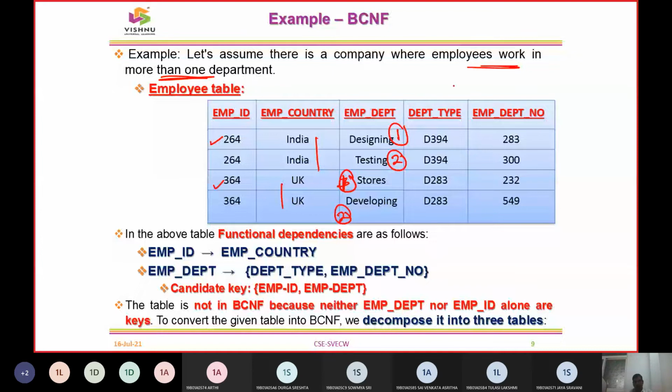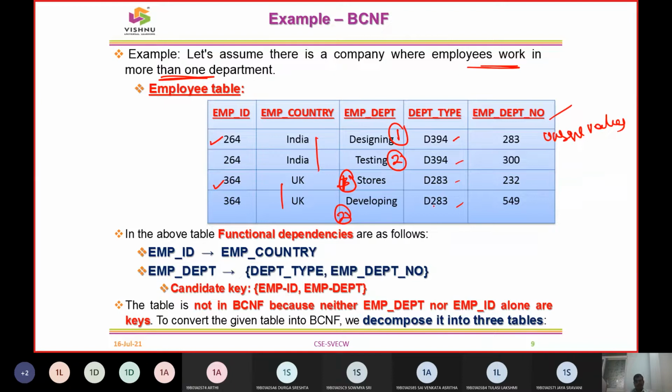Next one, what was this department type? So for department type, as we are going to say, it does have some number here. What type of department it is going to be mentioned here, and similarly a department is going to be identified with a department number. That department number is also going to be a unique value, which is going to be figured out as 284, 300, 330, 232 and 549 like that. Okay, so now this is the scenario or a test case of how the table is going to be presented to us.